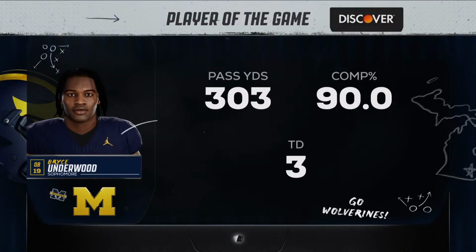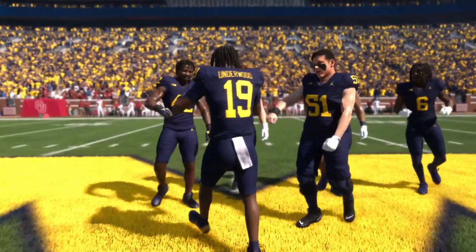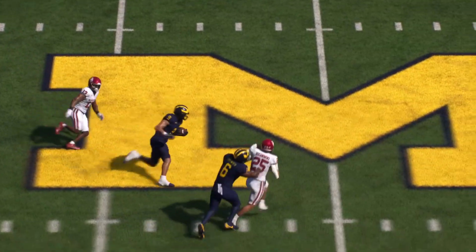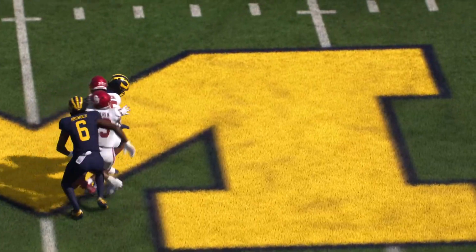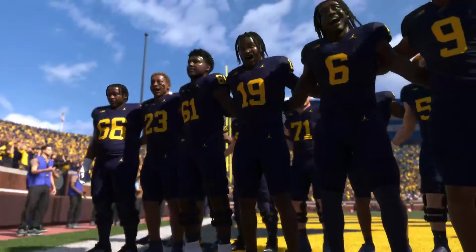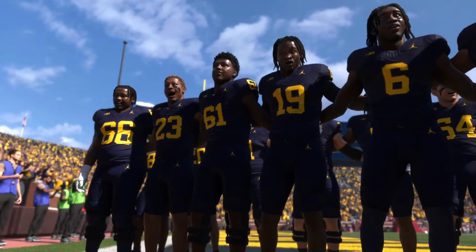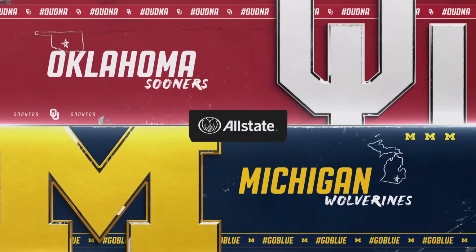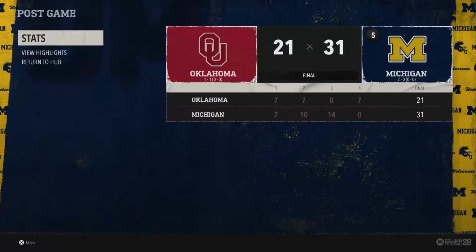And we're seeing the identity of this team come into fruition. You just get the sense they're finding out who they are, what they're about, what they're going to do schematically, and who their big playmakers are. Which is tough to do, right? It's tough to grow throughout a season and understand who you are. But when you stack wins week after week on top of each other and start to have success, you start to grow as an identity and you start to understand who you are.